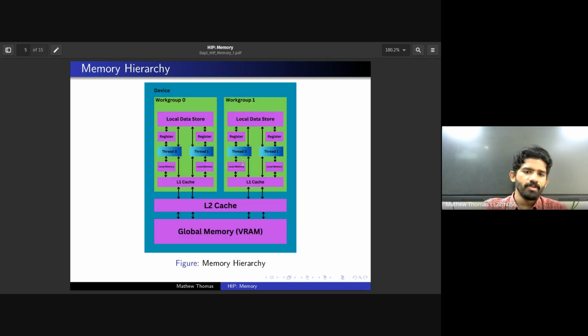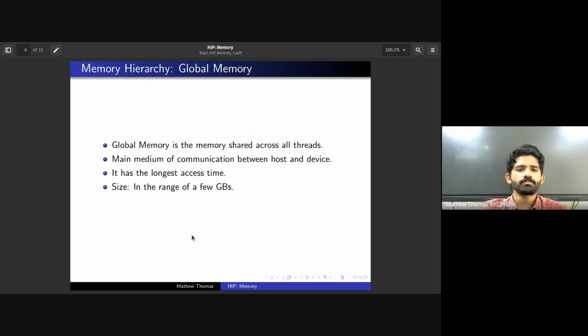In fact, this image is actually incomplete. We can actually have a host. So this is the whole device. We can have a block for CPU as a host as well, and that host memory will be connected to this global memory. I've actually omitted that here. So this acts as the main medium of communication between host and device. When we do a memcopy operation, it's copied from the CPU VRAM to the GPU VRAM,